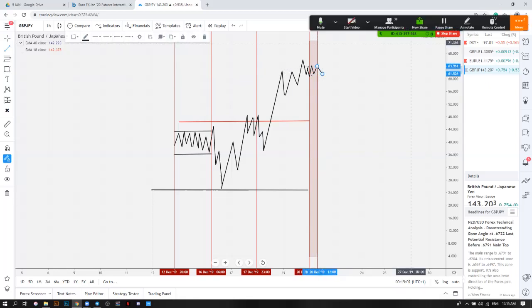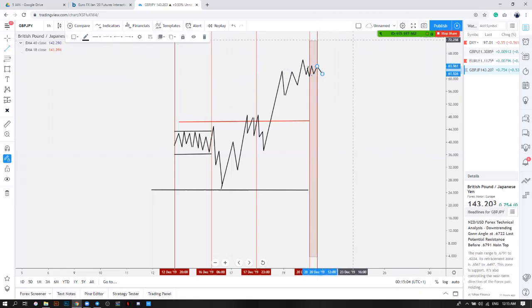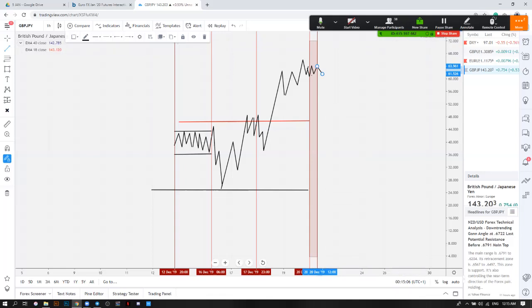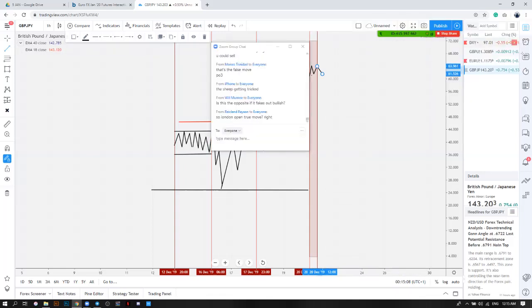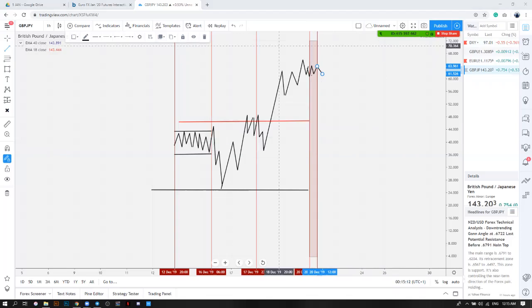And this is the way the day ends. Okay, so take pictures if you can, because this diagram is very vital. So London Open, 80% of the time, London sets the high or low of the day. Okay, and the US session move is usually going to be a continuation from London, 80% of the time.